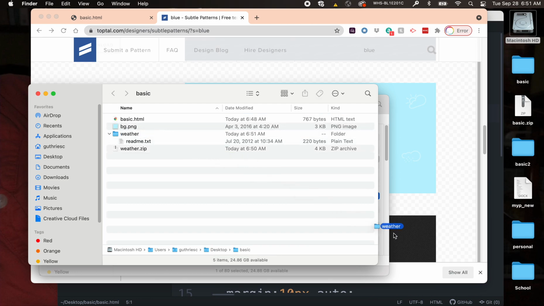Again, I'm going to drag this out of the folder, and I can actually just get rid of this folder once I do that. I can get rid of the zip file. So all I have is the PNG that I'm going to place as the background, and the web page. And notice the PNG and the web page are in the same physical space. So on the coding,